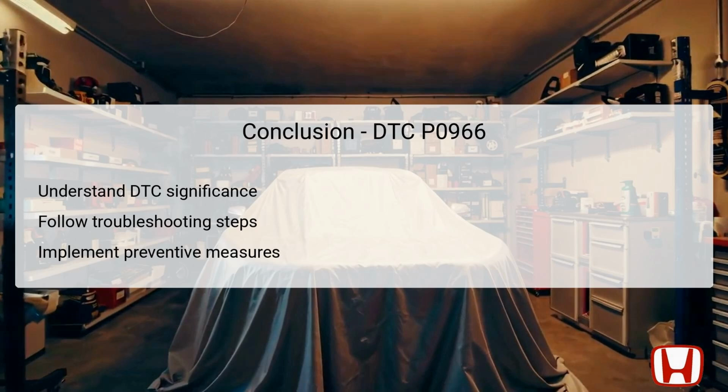By remaining diligent in both diagnostics and maintenance, vehicle owners can ensure optimal performance and reliability from their Honda HR-V's transmission system. Ultimately, awareness of this DTC and proactive resolution strategies lead to a smoother driving experience, contributing to overall